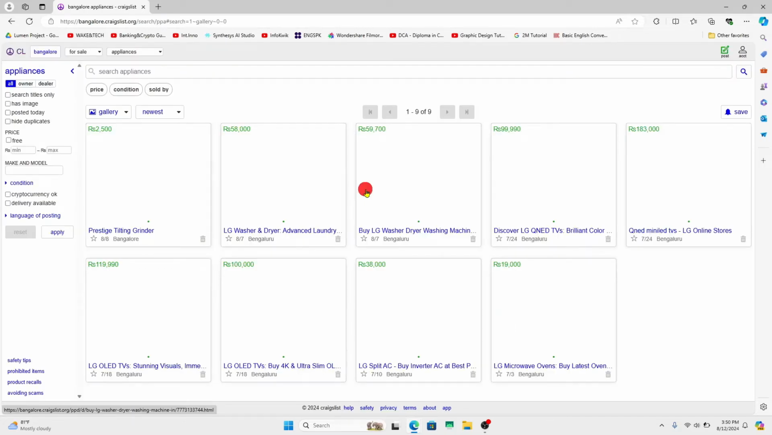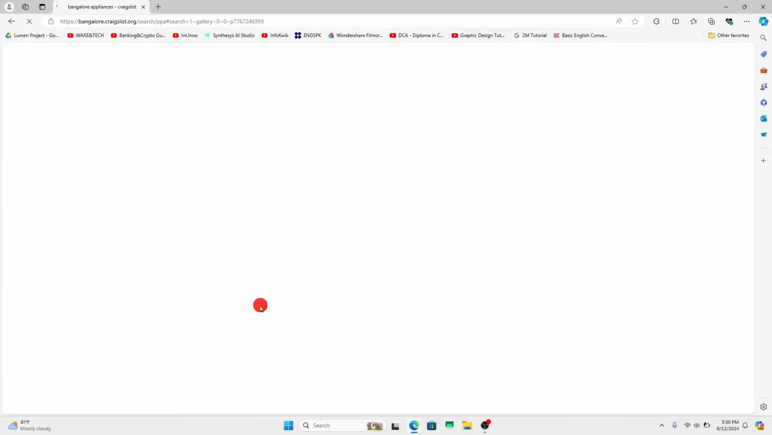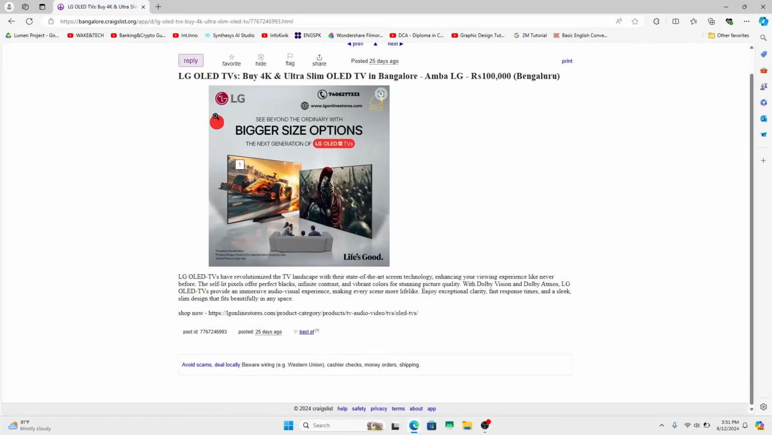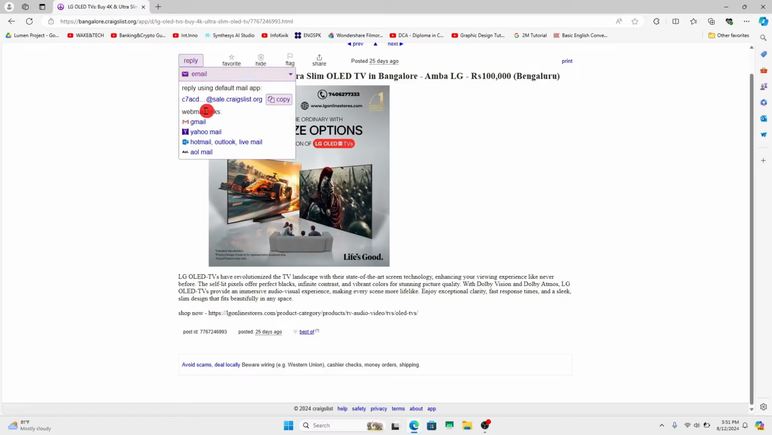Now, when you come across an item that you are interested in, go ahead and click on it, and you can see the further details about this app. If you wish to contact the seller, then click on the reply button and you will find the email option. Click on the drop-down menu to find the email address, and you can simply copy this email to your clipboard